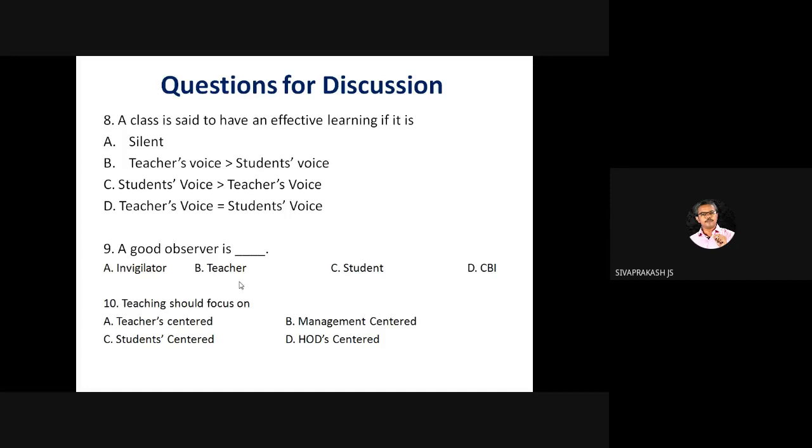Right? Question number 11, which I have read: a person can become a teacher who studies and explores. Here also option C is the right option. Who studies and explores, right? Who gets a qualification, we can't call a teacher. Who gets a job alone, we can't call an effective teacher. But who studies and explores can be an effective teacher.